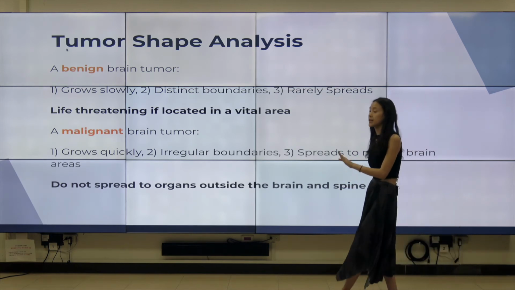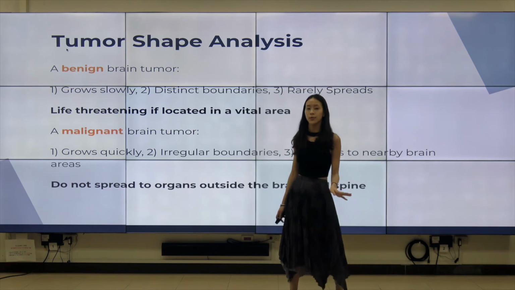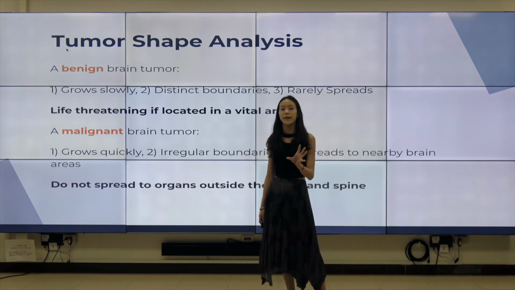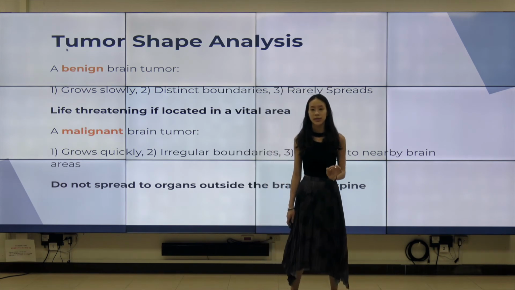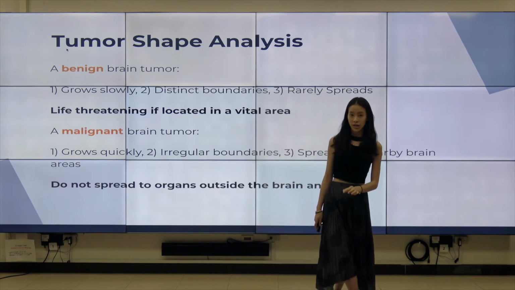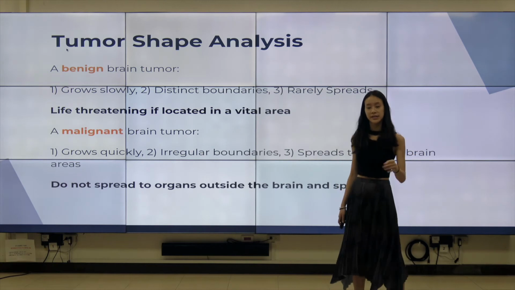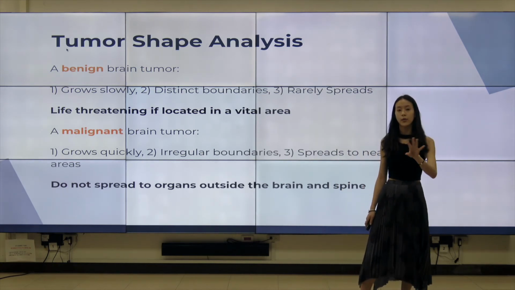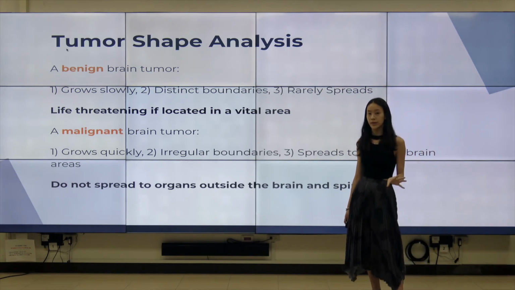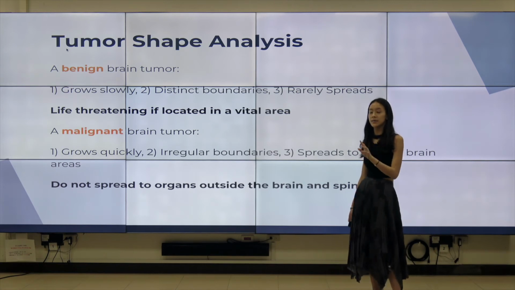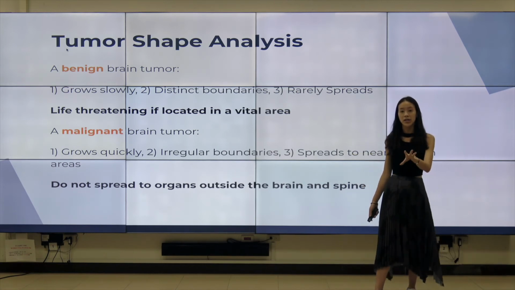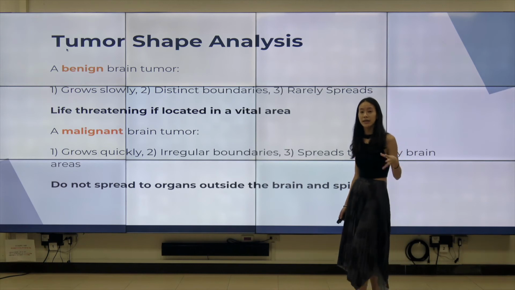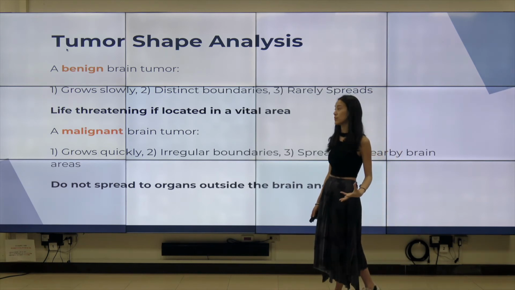In the case of benign brain tumors, a lot of the time we go through surgery. You can imagine a doctor looking at an MRI scan, and they're looking at this one tumor on the scan that is very circular, potentially, and has very distinct boundaries. You won't see these very weird and abnormal shapes to it. In this case, they may see it as a benign tumor. And since it doesn't spread, they know that they can operate on this tumor.